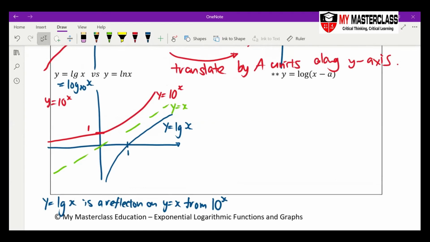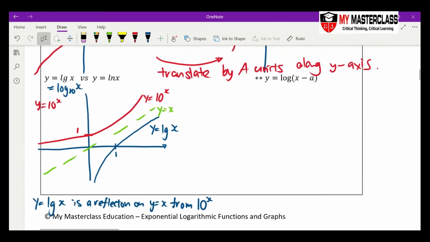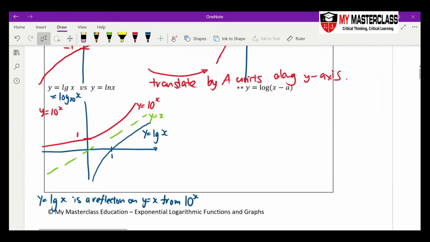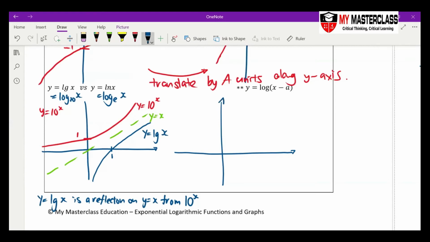So understand the relationship already. Then let's find out. Let me ask you, ln is log base what? Is log base e. e is just a number. If you type e into your calculator, e is 2 point something. So basically, if I want to draw,